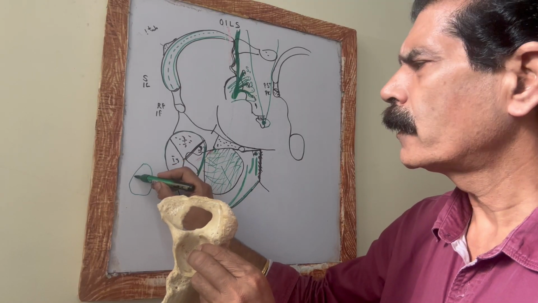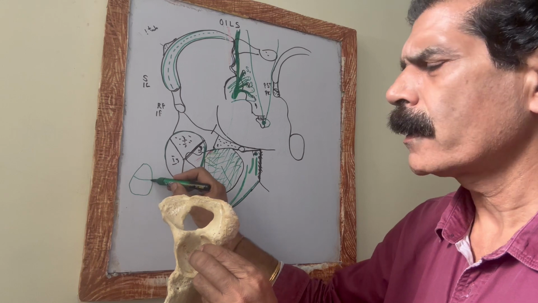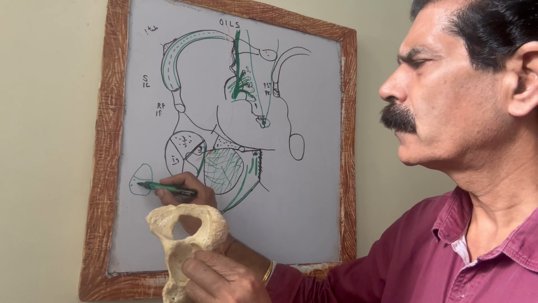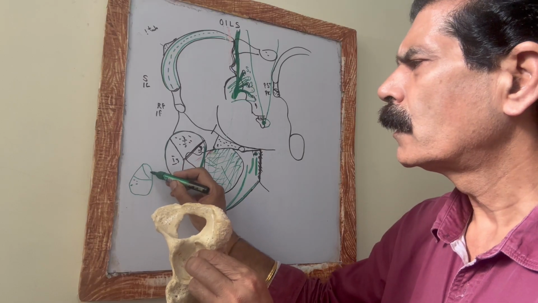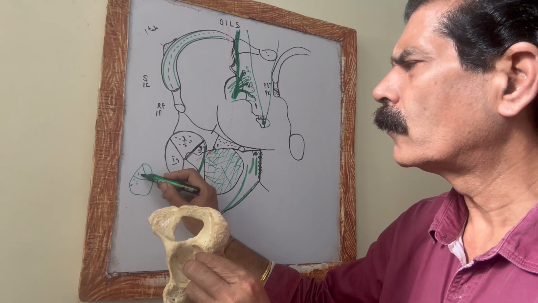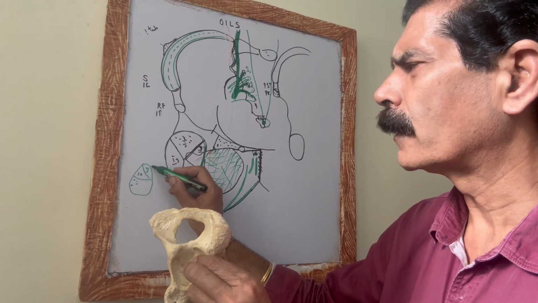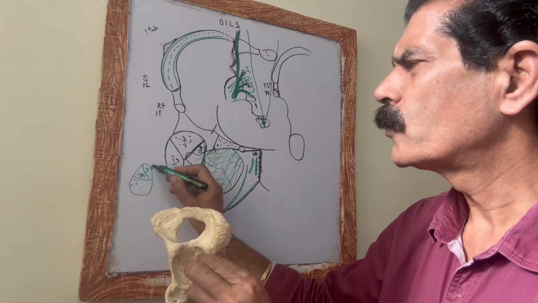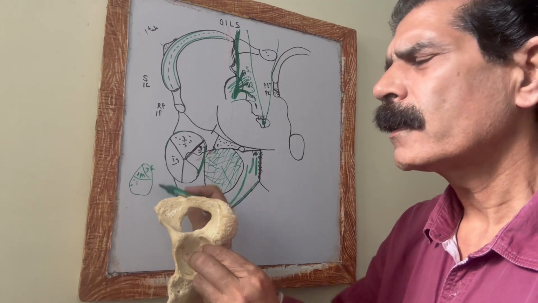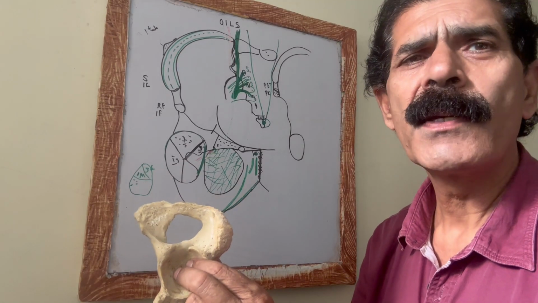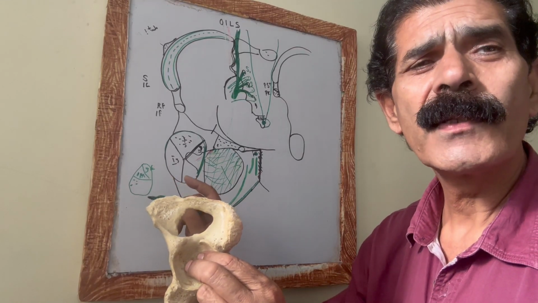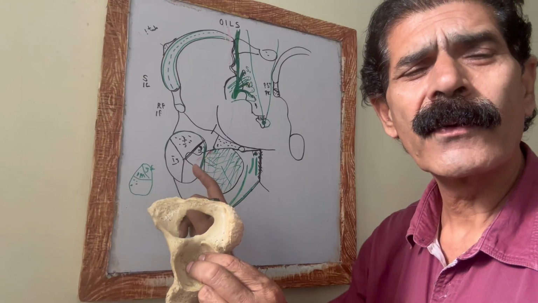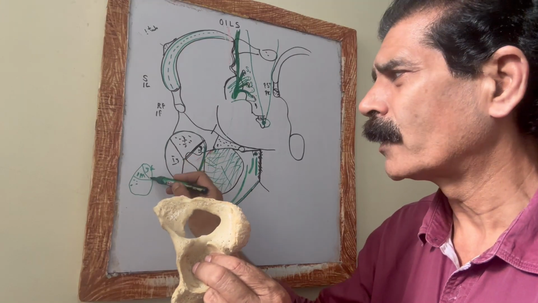It is divided by a faint line into the upper part and lower part. The upper part is again divided by an oblique line into the infero-medial and superior-lateral area. The superior-lateral area gives rise to the origin of the semimembranosus muscle, and the infero-medial part gives rise to the origin of the semitendinosus and the combined origin with the long head of the biceps from the beginning.